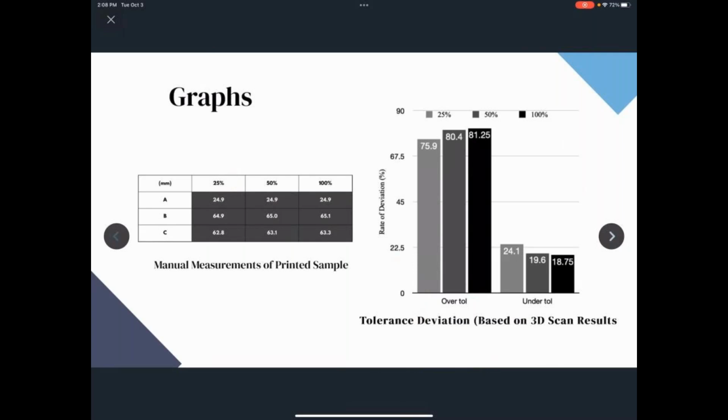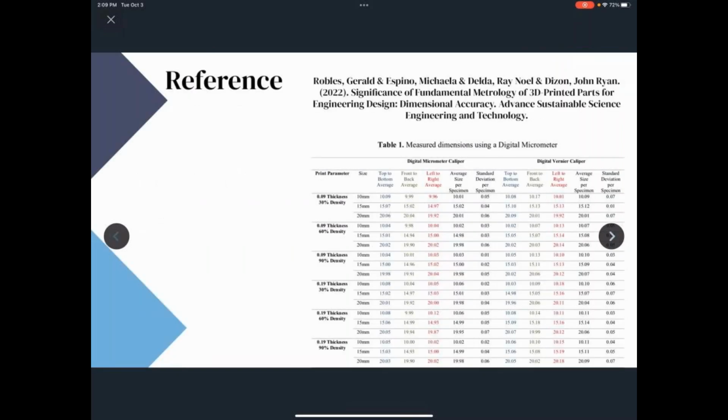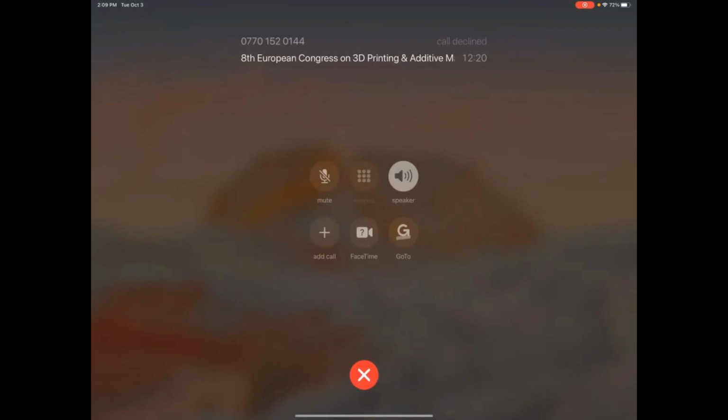The unusual design of the printed shape causes some interesting outcomes from the scan results shown in the tables and the graphs. The inner arc appeared to retain its design dimension, not shrinking as much as the outer arc, and this is possibly because of the constraint applied to the inner arc due to the surrounding material. And this is a reference, it was a research paper that was